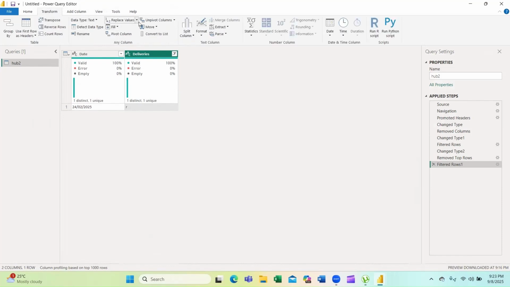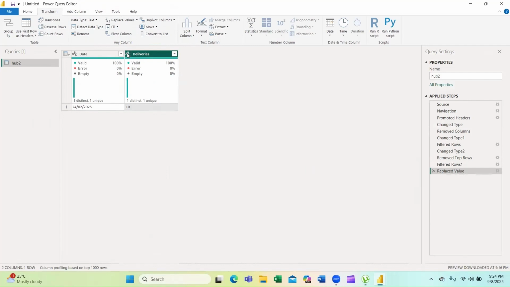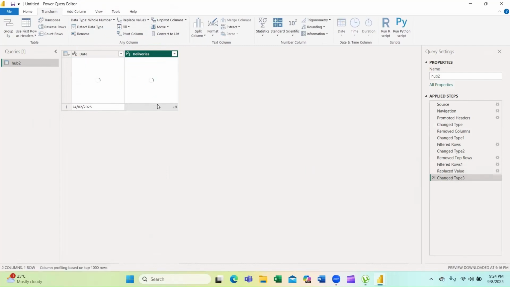In transform, we go to replace values, and we say instead of R, we want 10. Click OK. Then we just click on whole number, transform it.